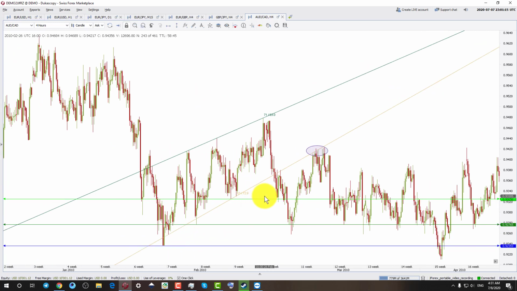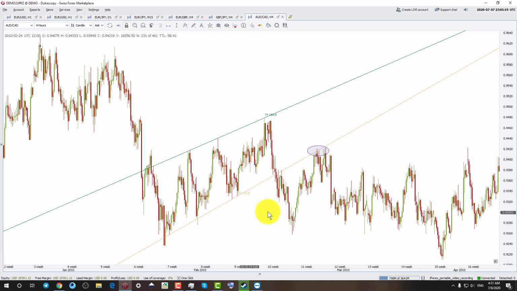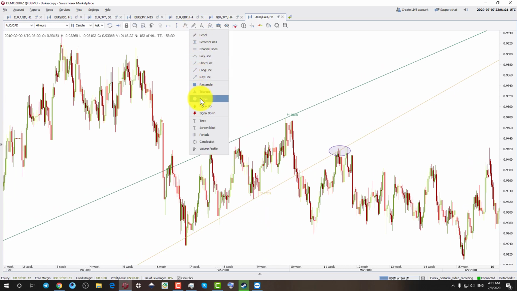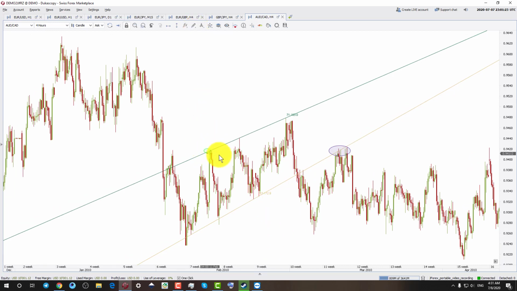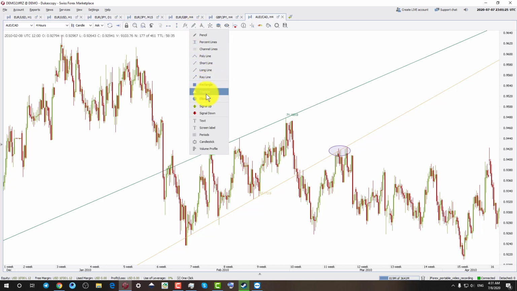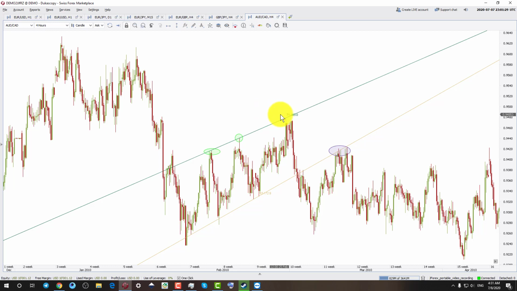I'm sure that you can make out what I'm trying to say, but still it's my duty to explain everything. See, here we had seen that the higher highs were forming, okay, and we had higher lows forming.